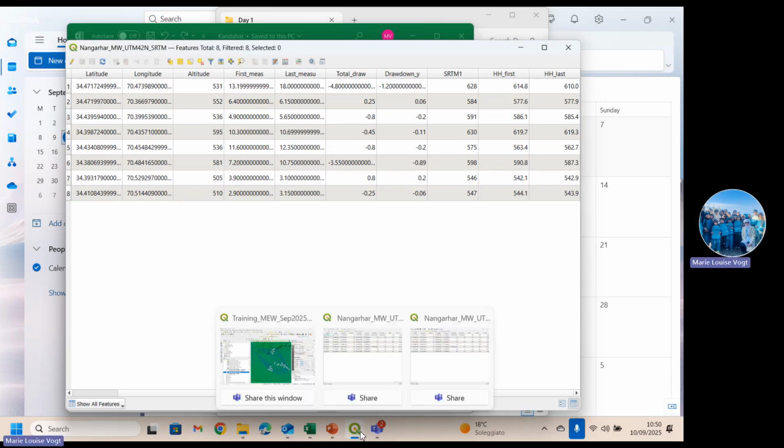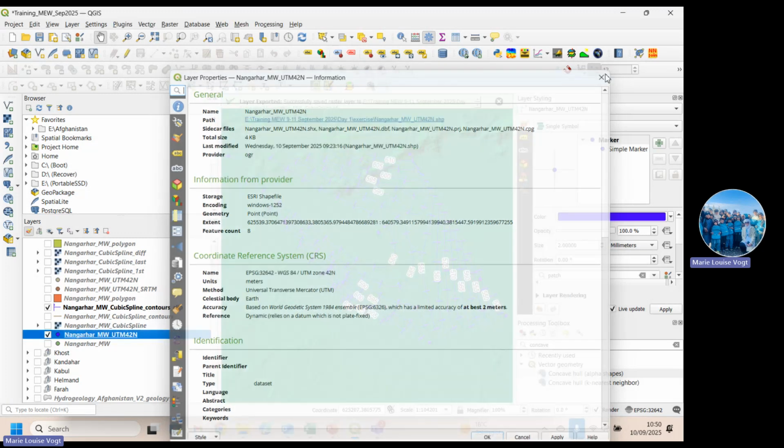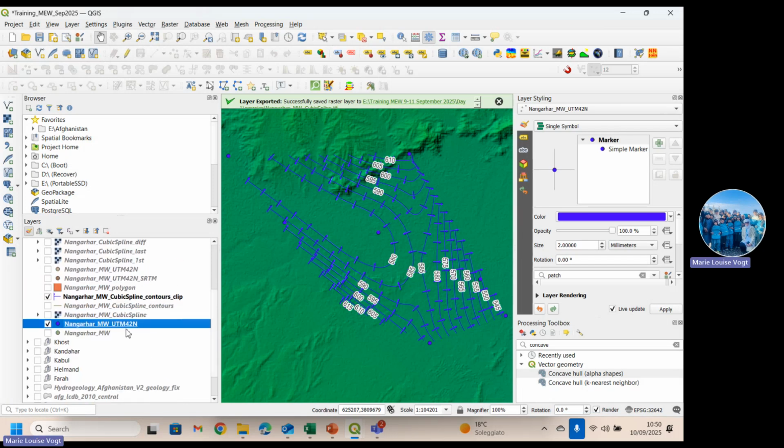So I suggest, if you want to have an idea of the accuracy of your interpolation, that you extract the value of your interpolation